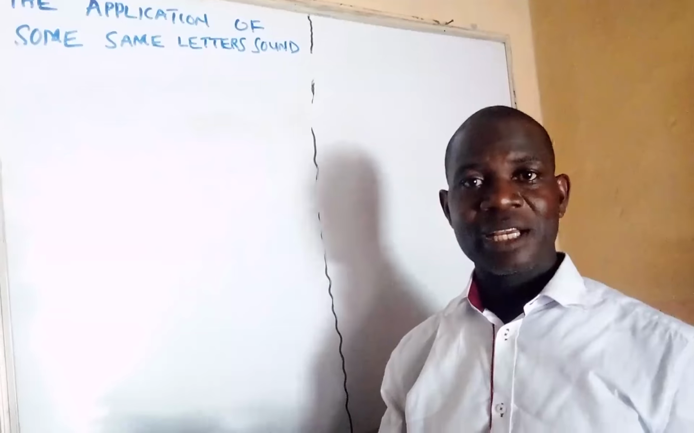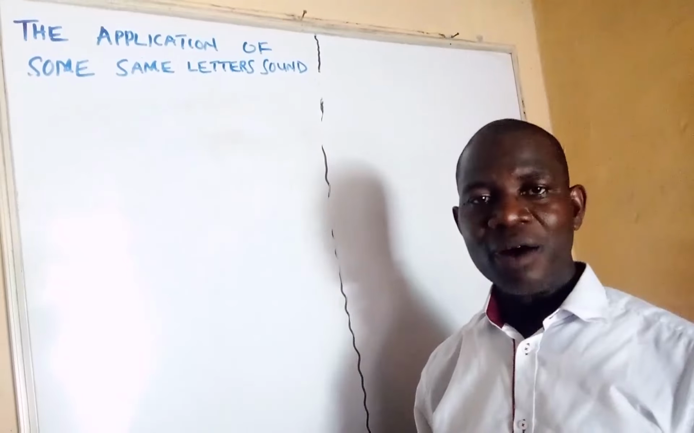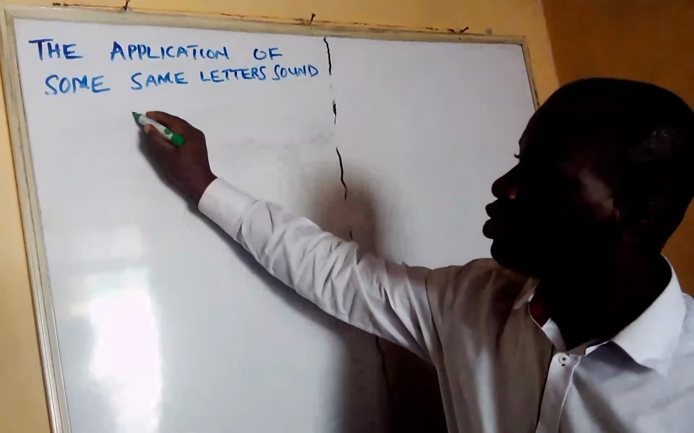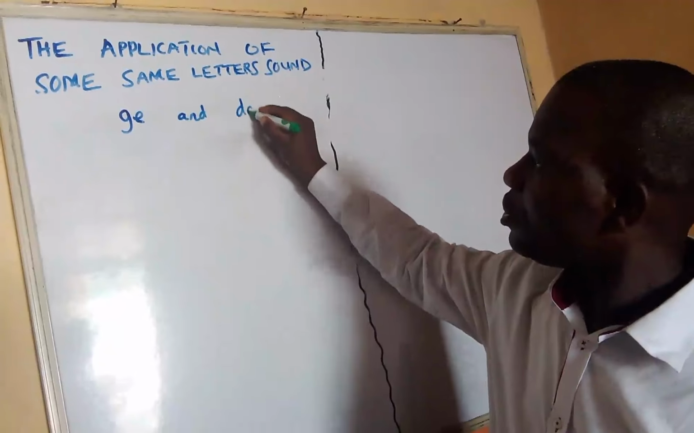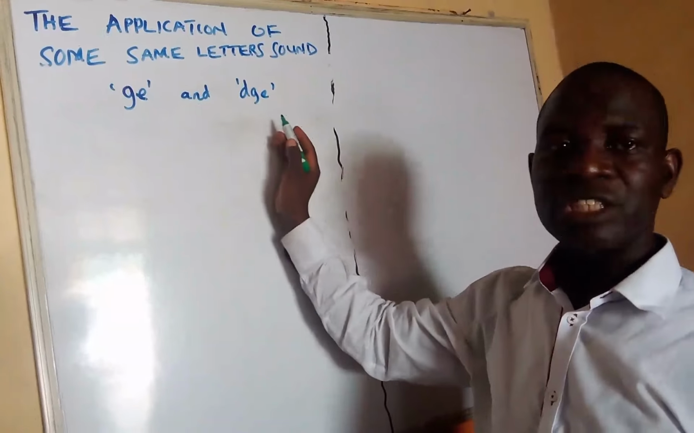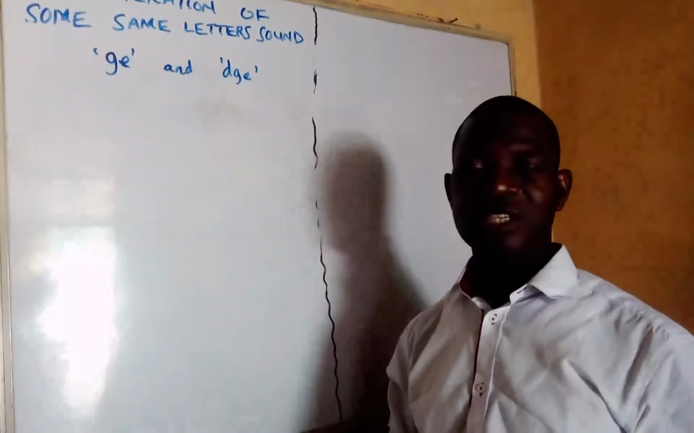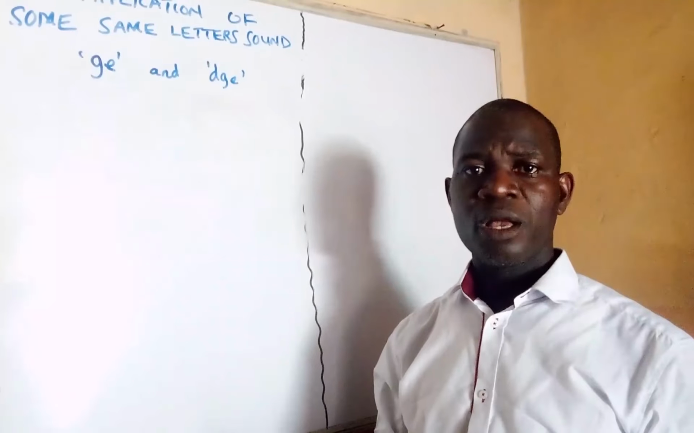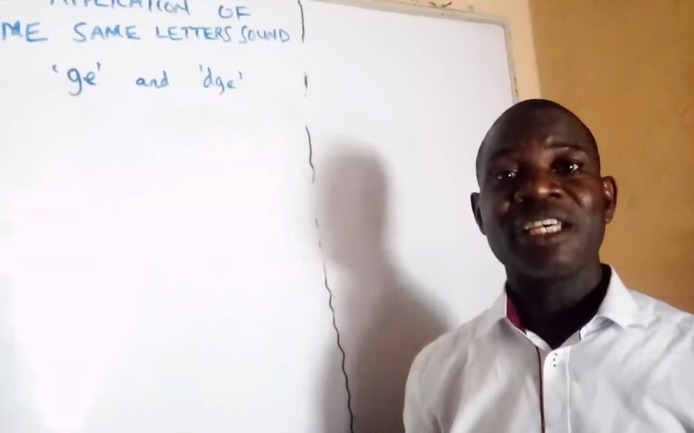Same letter sound to be used as end sound. Now, one of the same letter sounds is letter G, E, and D, G, E. Letter G, E, and D, G, E. Both sound alike. But how do we know the one to be applied? Now, it's so simple. For you to use GE as your end sound, it has to do with